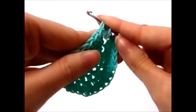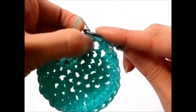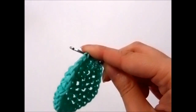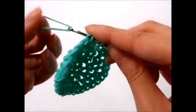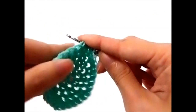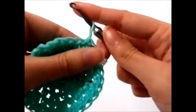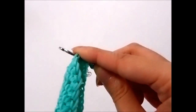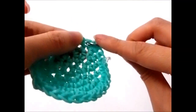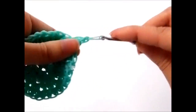Your next stitch will have 1 as well. This is 2. Next one, 3. Next one, 4. Your next stitch will have 2 single crochets. First one, go back into same stitch. Second one, next stitch,